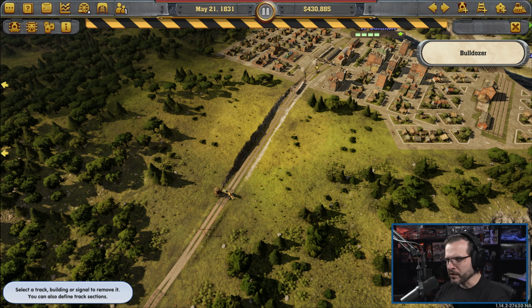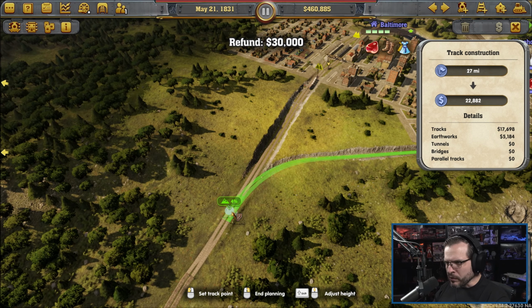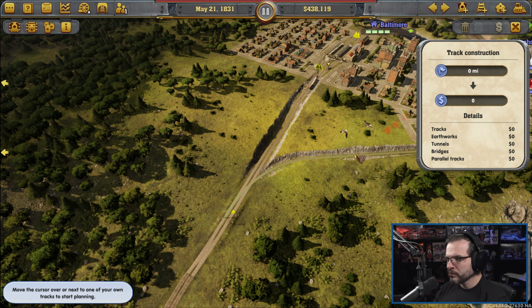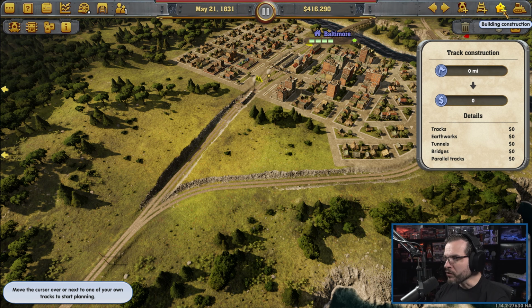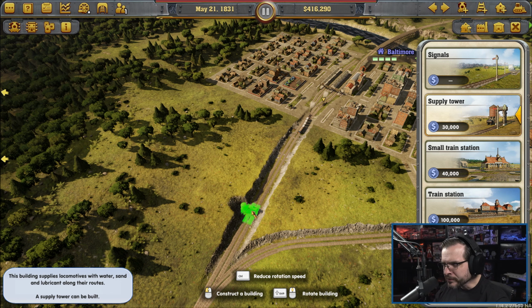Alright, let's bulldoze the supply tower. Thankfully we get a full refund, so it doesn't really matter. Let's grab you. Let's see if we can connect you here. Obviously it has to be before the interchange there. So something like that. And then you're going to come over to there. Something like that. Suppose we can give you both your own explicit supply towers. It's going to be a little more expensive to do it this way, but